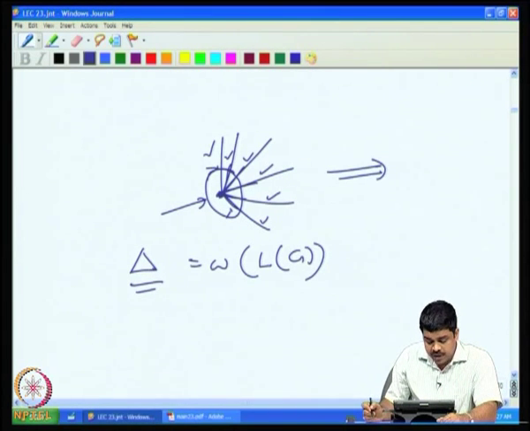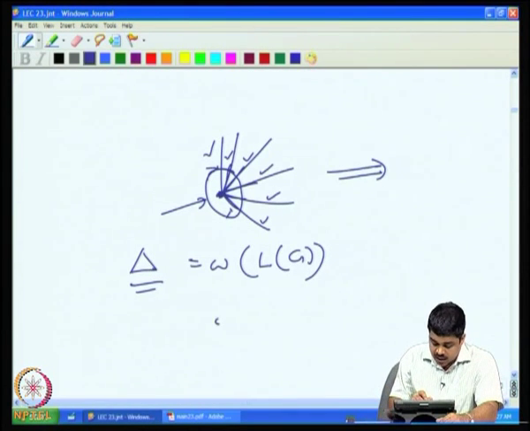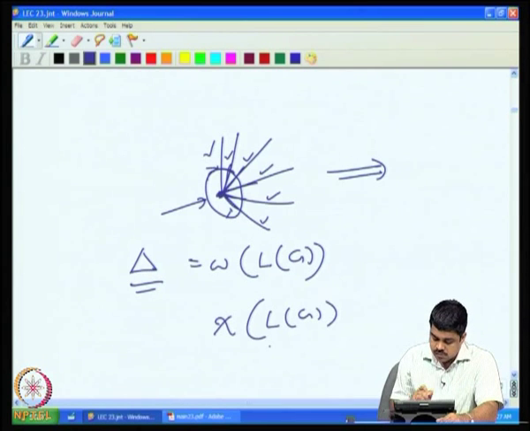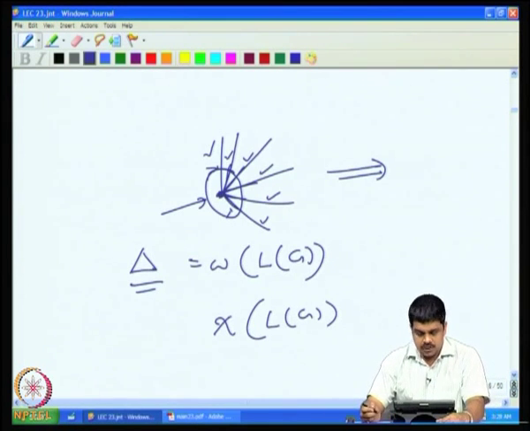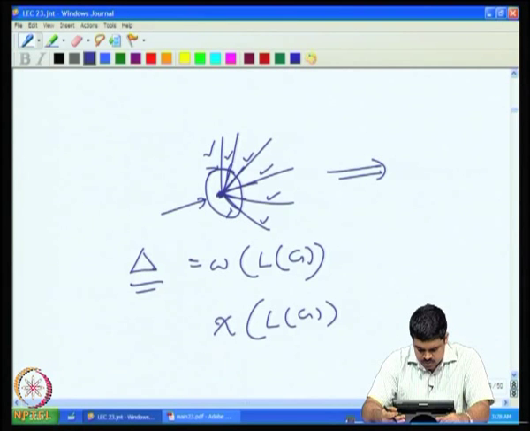Now, we ask, okay, if this is the omega, then what is the chi of L of G, the chi of the line graph of this thing? We want to color the vertex set of the line graph, and the vertices of the line graph correspond to the edges of the original bipartite graph. Therefore, coloring the vertex set of the line graph corresponds to coloring the edge set of the bipartite graph,